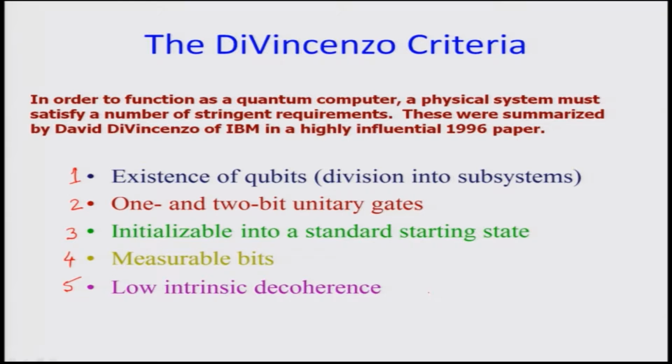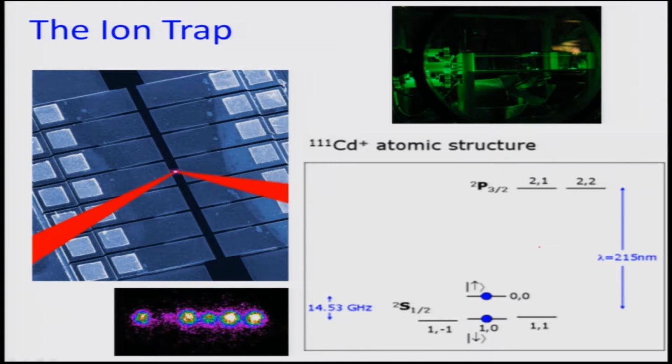Otherwise, the computational process cannot be completed, and so it is important that all these criteria are taken care of. In terms of the ion trap, we have discussed many cases in the earlier weeks. For example, the cadmium case, there were two states which were separated by 14.53 gigahertz, the two spin states of the S1/2 state, being one going down versus the other going up, are the ones which were used